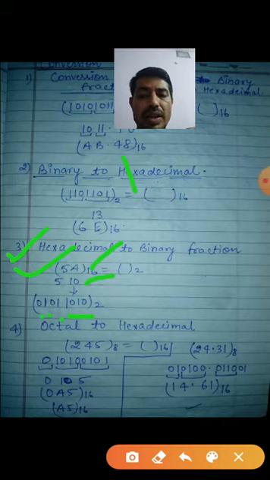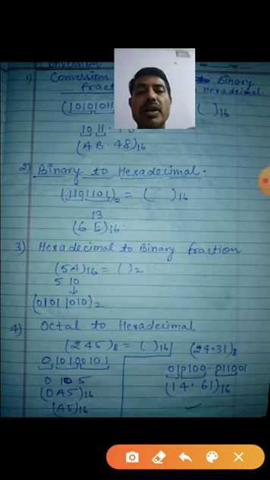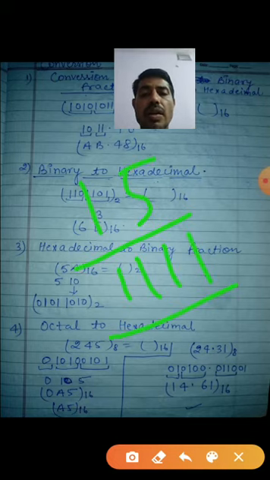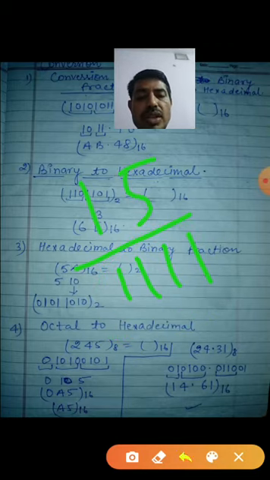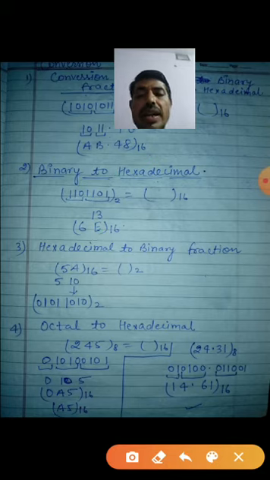When you convert 5, what will be the output? 1, 0, 1. Okay, why have I written here 4 bits? Because hexadecimal numbers are represented in 4 bits. Because its highest number is 15, its binary number is what? 1, 1, 1, 1. It's a combination of 4 bits. So for each digit we use as many bits as the highest number requires.